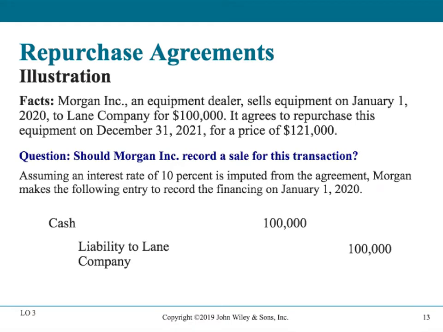In this repurchase agreement, Morgan, an equipment dealer, sold equipment on January 1st, 2020 to Lane for $100,000. It agrees to repurchase that equipment on December 31st, 2021 for a price of $121,000. Assuming an interest rate of 10% is imputed on this agreement, on January 1st, we will record the following journal entry. Debit cash, so Morgan got cash, but it will record not a sale, but rather a liability to Lane